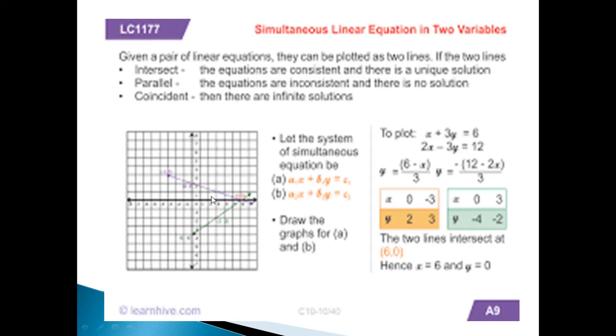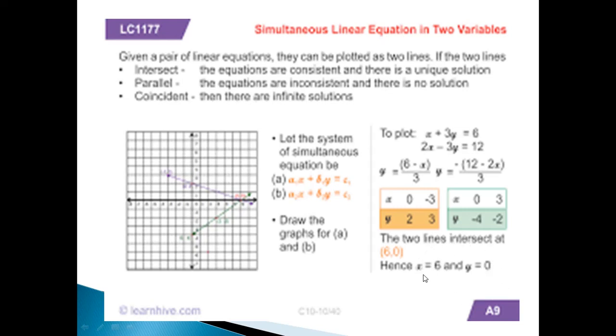So here is a graph obtained by solving these two equations. We already know this type of table, is it not? If we plot this equation, we get this graph here. At x equal to 6 and y equal to 0, the two lines intersect each other. Therefore, the two lines intersect at (6, 0). Therefore, x is equal to 6 and y is equal to 0. These are the two solutions obtained.